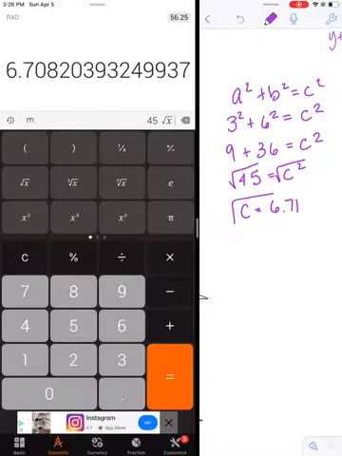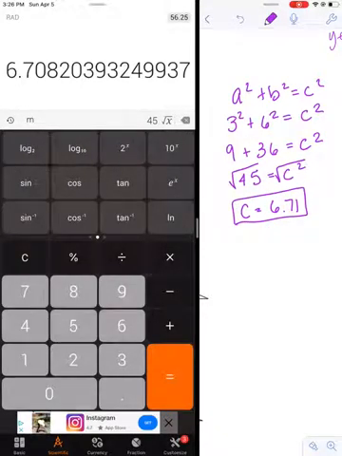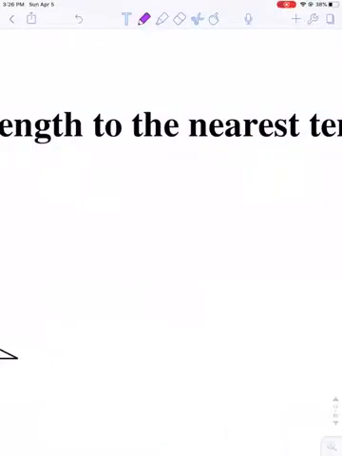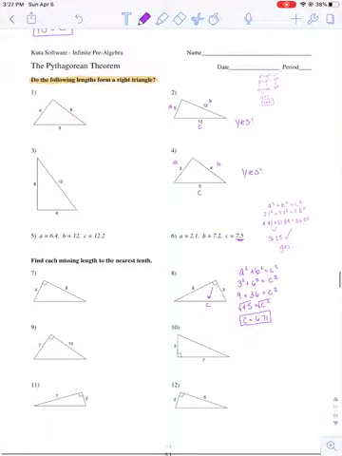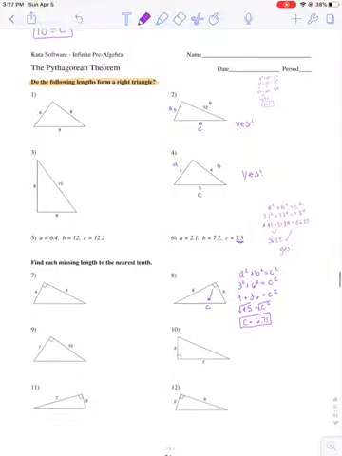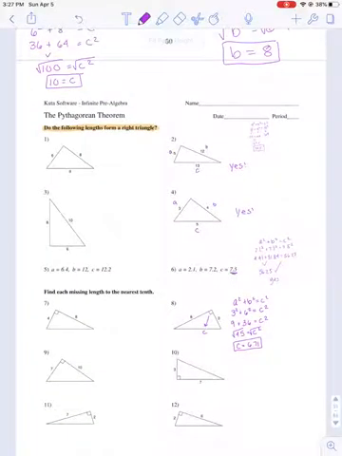6.71. I like to round it to the hundredths. I know it says to round to the 10th, but I always stick with hundredths. And there's no unit here, so that's our answer. That's our third side. All right. So that's how to do these problems. If they give you the hypotenuse, you have to use algebra to solve it. If the hypotenuse is missing, you could solve it just like I showed you right here. The rest of the problems may get a